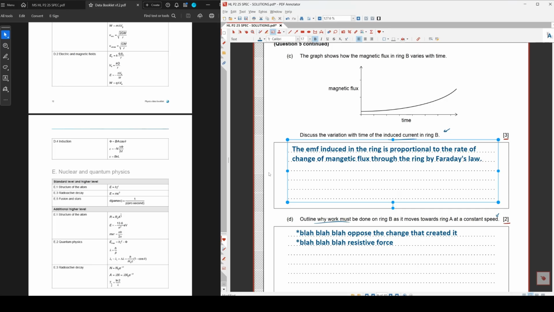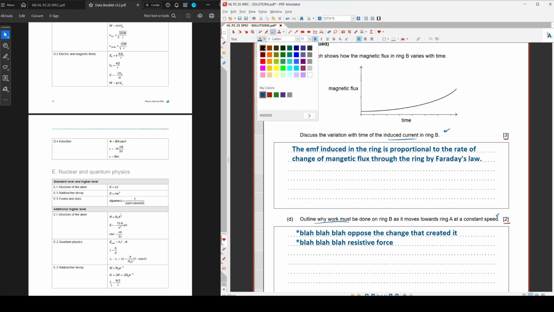Okay, so let's build on this, though, to try to get all 3 marks. The rate of change of flux, the tricky thing with flux, well, one of 5 million tricky things, is that the flux increasing does not mean that there's an EMF. Remember, it's the rate of change of flux. If the flux graph looked like this, there would be a constant EMF. And so the induced current would not be increasing if it looked like this, because we're talking about the slope. So calculus fans, like